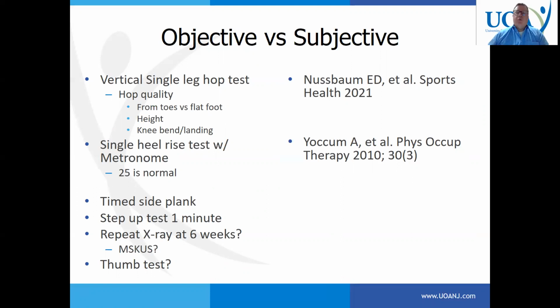What about the use of a repeat x-ray at 6 weeks when you may start seeing some periosteal new bone formation or endosteal new bone formation? Or what about the use of musculoskeletal ultrasound and the notation of periosteal edema or an increase in periosteal edema, which is one of the first steps to adding periosteal bone or the outer shell new bone to improve bone geometry. Maybe something to consider.